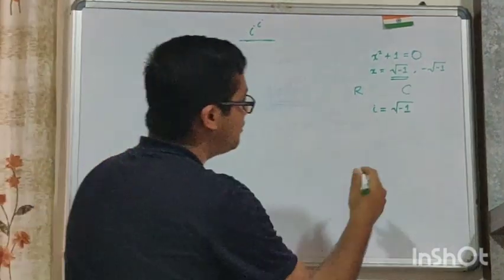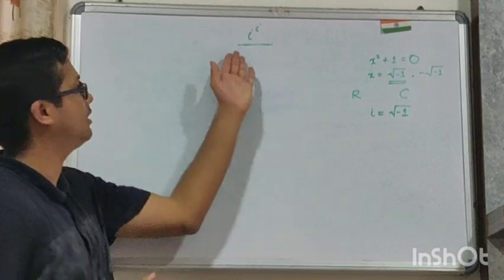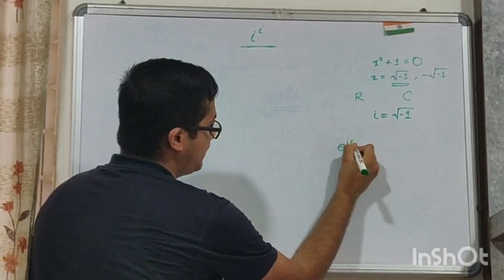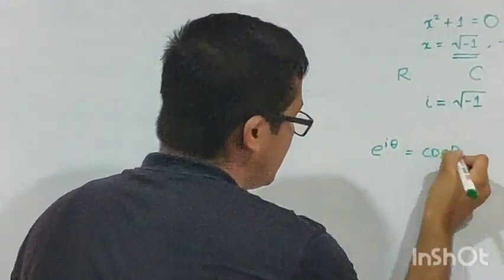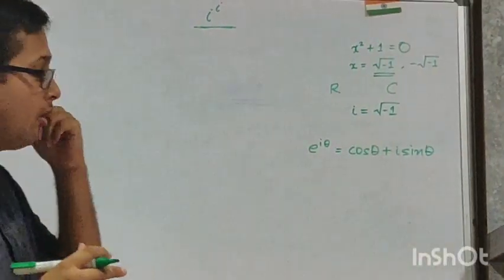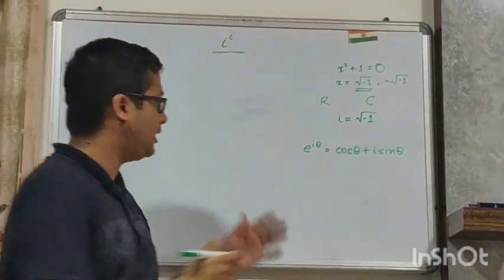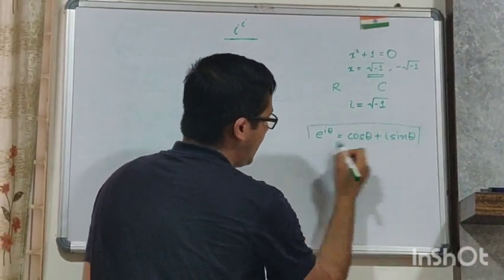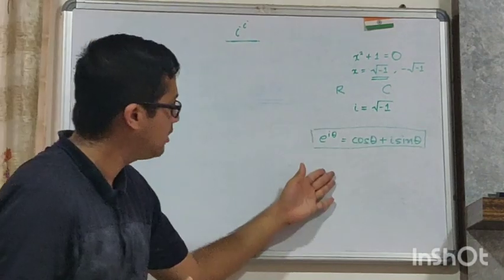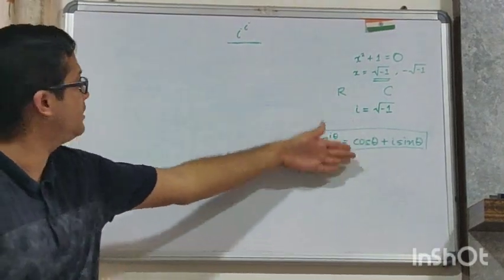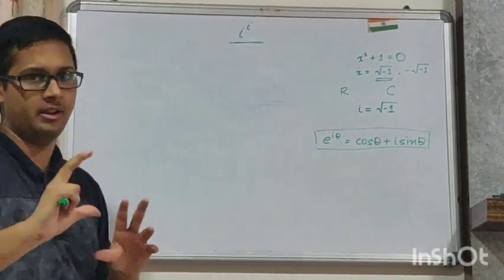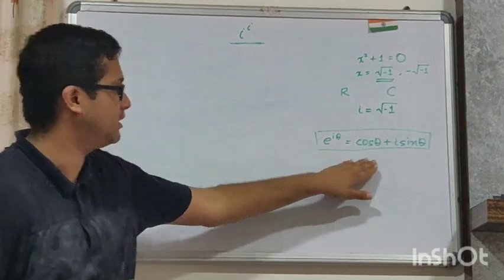We have to discuss one more very important concept to solve this problem, called De Moivre's theorem. De Moivre's theorem says that e power I theta is equal to cos theta plus I times sin theta. Not going much into the proof or the actual statement of the theorem, we can use this expression as the fundamental concept on the complex number topic. So let us substitute a few values and get a brief idea about how this expression changes.